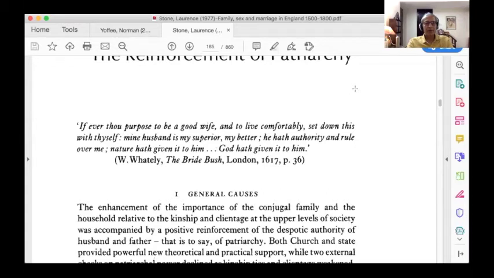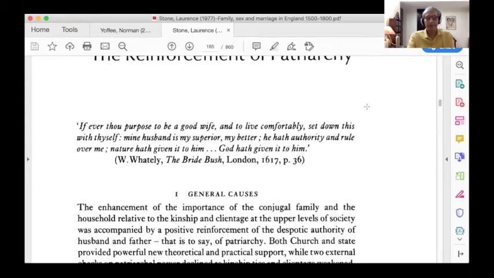If ever thou purpose to be a good wife and to live comfortably, set down this with thyself. Mine husband is my superior, my better. He hath authority and rule over me. Nature hath given it to him. God hath given it to him. Right. So this is clearly something that would make